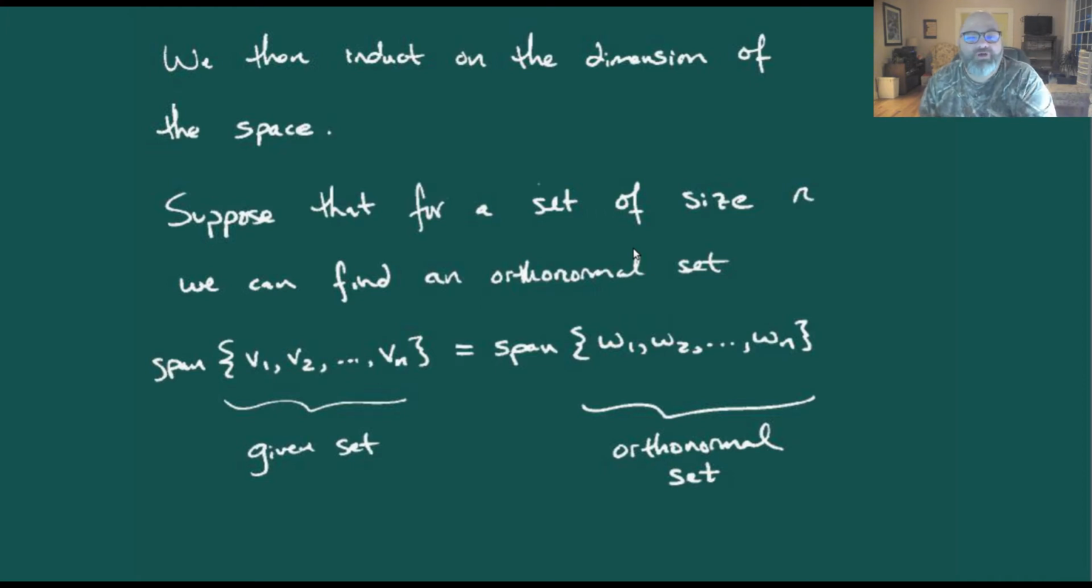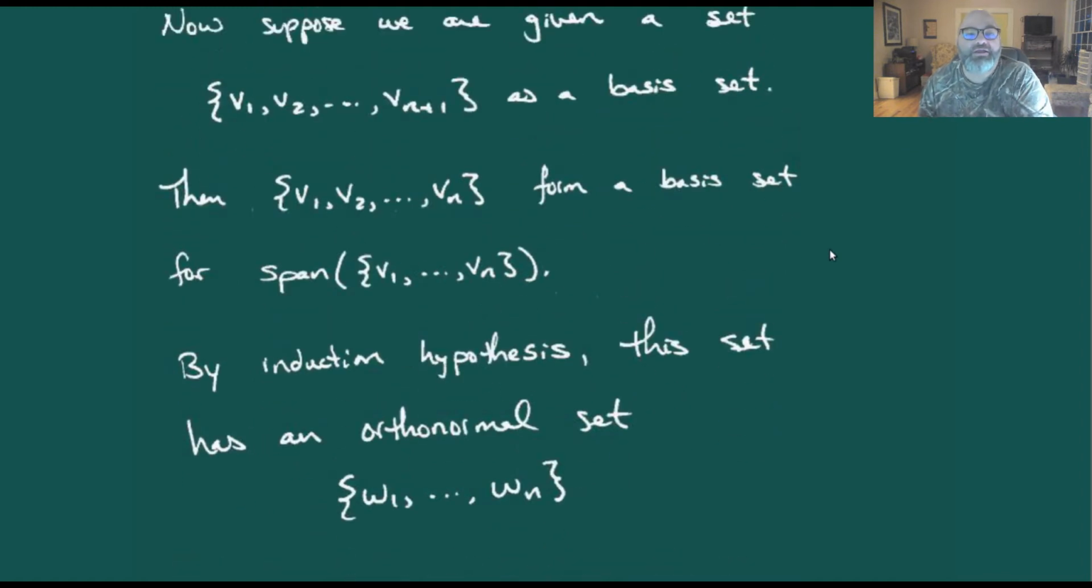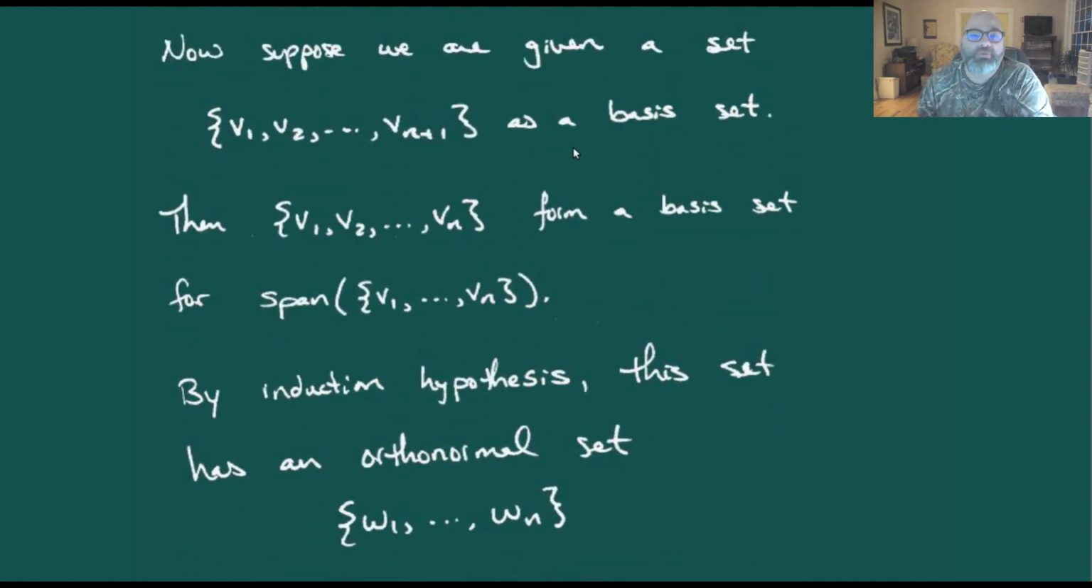So kind of where we left off, we actually showed that if we had a set of vectors that had two elements in it, that we could construct an orthonormal set from that. And so the idea basically is that we're just going to induct on the dimension of the space, so how many vectors we've got in that set. And so if we suppose for a set of size n that we can find an orthonormal set such that the span of v1 up to vn is equal to the span of our orthonormal set w1 up to wn. So let's suppose that we've got a set of size n plus 1,